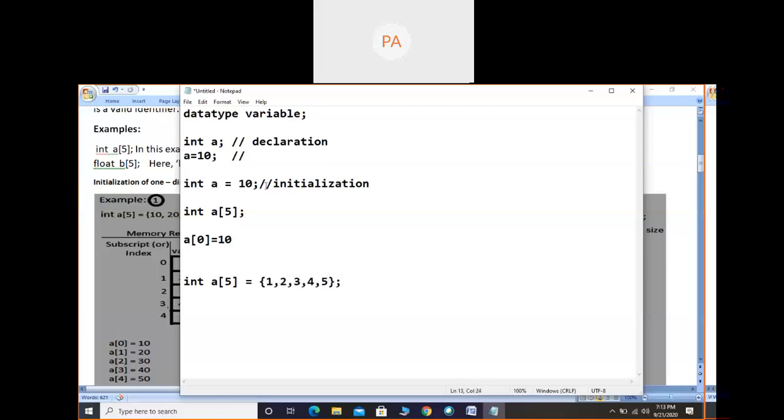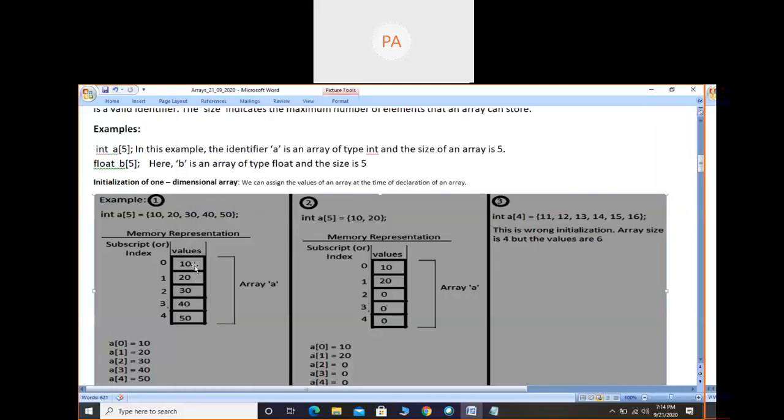You just compare this particular statement and this particular statement, and you will understand. Immediately after a, I am giving equals to 10. Here only I am giving the value at the time of declaration. Here also, immediately after declaring the array, I am giving the values, so 5 values I am giving. So this is called initialization. There is one topic called initialization of an array, and there we will discuss in detail. Why I am telling it here is that you need to understand this memory representation. For that purpose I am telling.